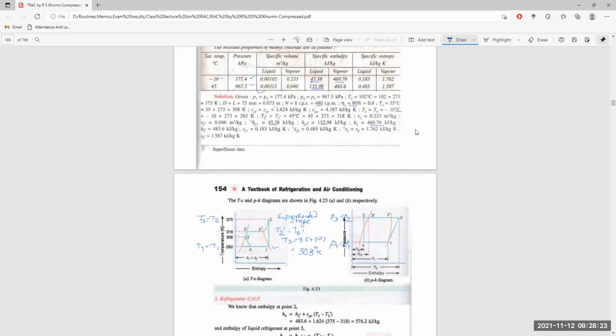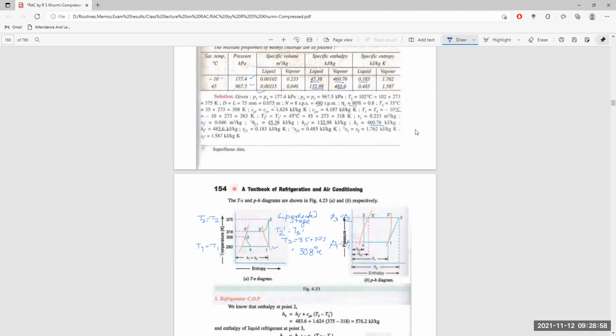And H2 dash, the enthalpy of the refrigerant in the vapor state on the saturated vapor line, is given here as 483.6 kilojoule per kg. But H2 is not given, which we are supposed to calculate here. And the entropy of the fluid at point 1, when it is in the liquid state, is given from the chart as 0.83. SF1 is the entropy when it is in the liquid state,